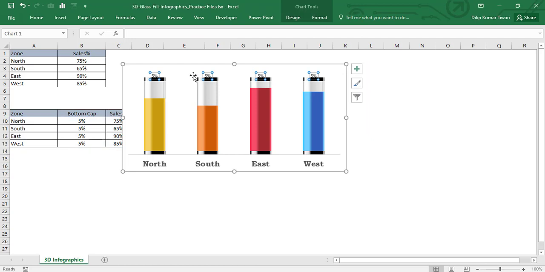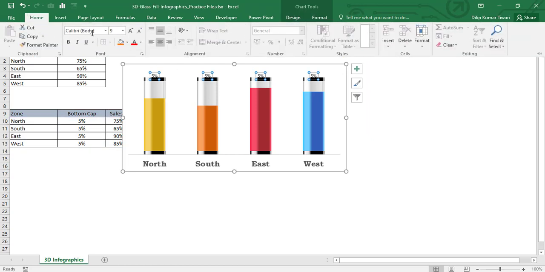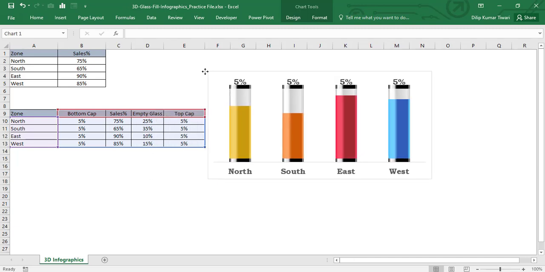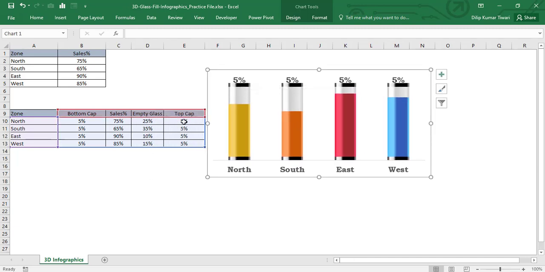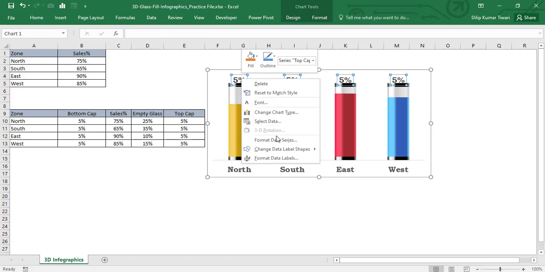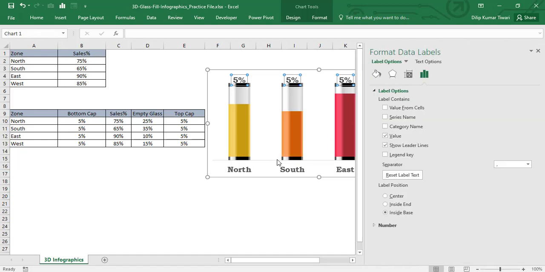So now select this one, go to home, and again Bookman Old Style, and that should be 15, and that would be bold. But the problem is we have selected the top caps, hence it's picking the data from this particular series. So now we need to provide the other cell reference. So let's just click on data labels and then format data labels, and here you can see that it has